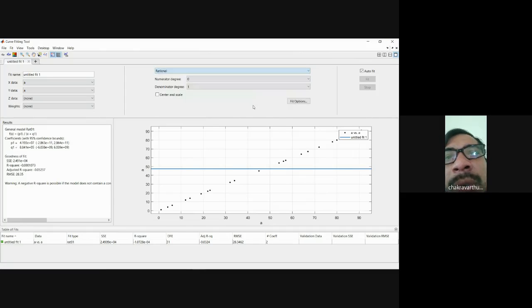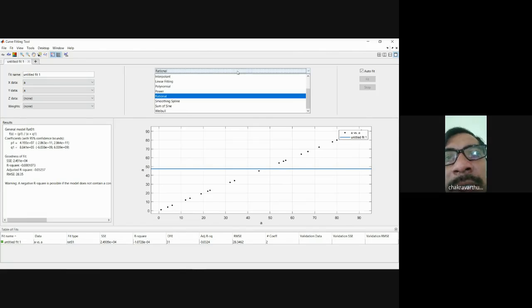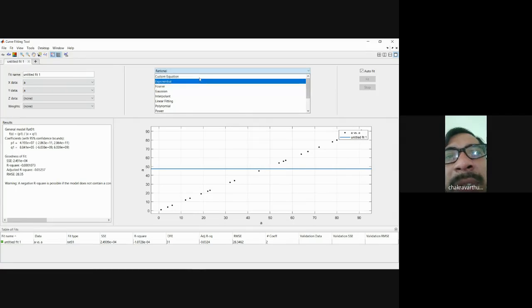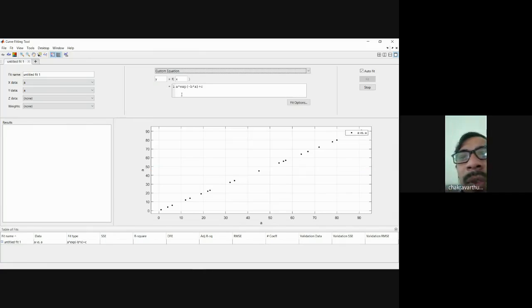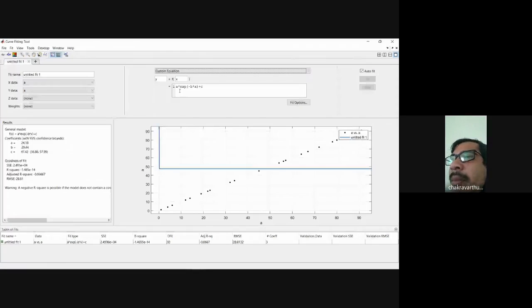If you want one, there is an option in the same custom equation, custom. Go to the top, yeah, custom first one. So if you want, you can change the equation format. It has been taken by default, but sometimes you may want to change the equation format. You can change it as well, and then we can get the corresponding changes in the data. You are going to get the plot as well here, right? So this is the way.